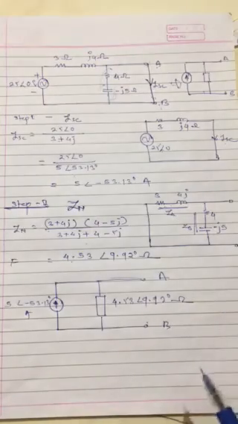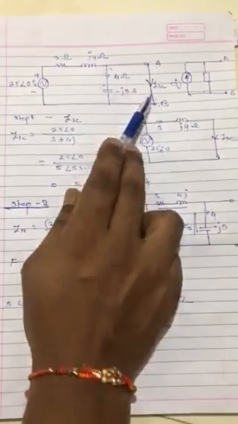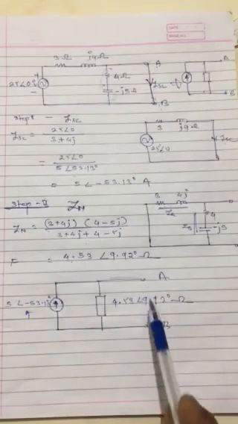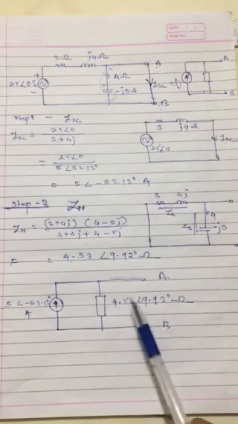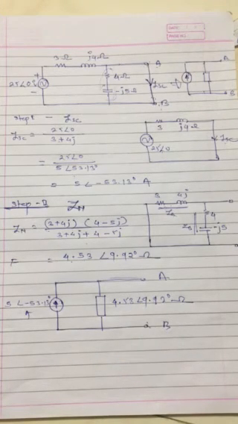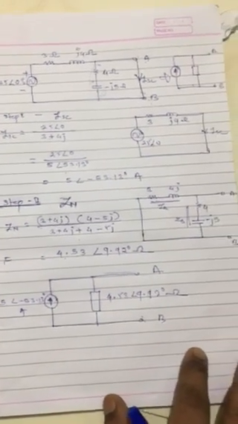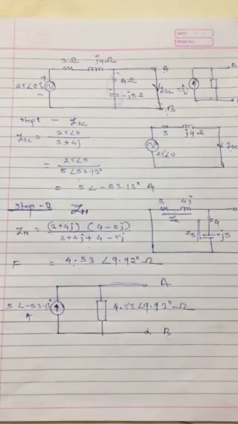If in some cases you are given a resistance here, then you have to put the resistance over here, and if it has been asked to find the current in that resistance, then simply by using the current divider rule, you can easily find the current through that particular load resistance. Okay, so this is how Norton's theorem is solved with AC sources. Thank you. In the next lecture, we will study the maximum power transfer theorem.